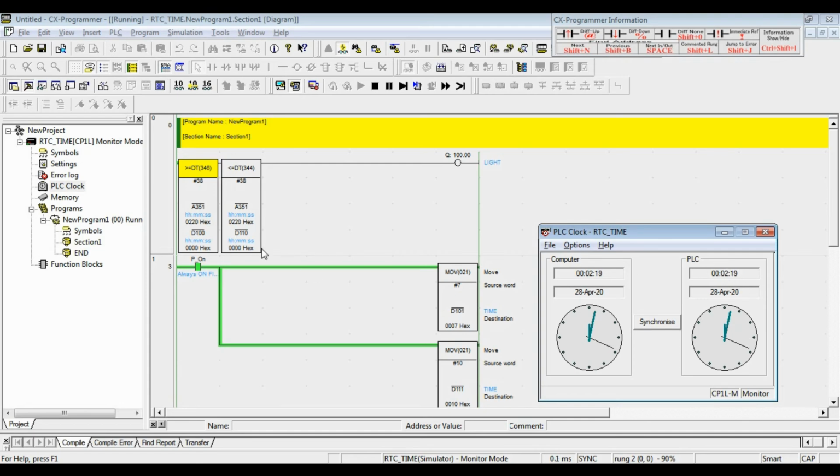So the time is under the setting time of the program. So the light is still off now.